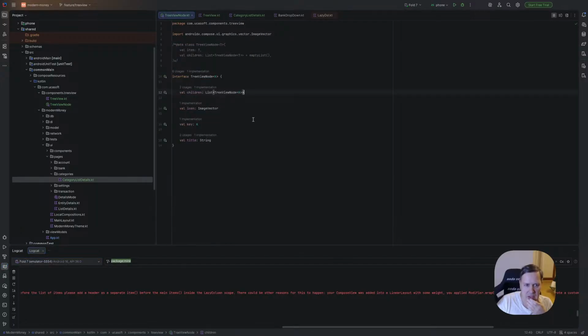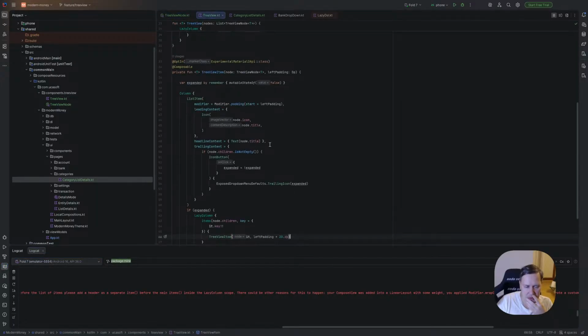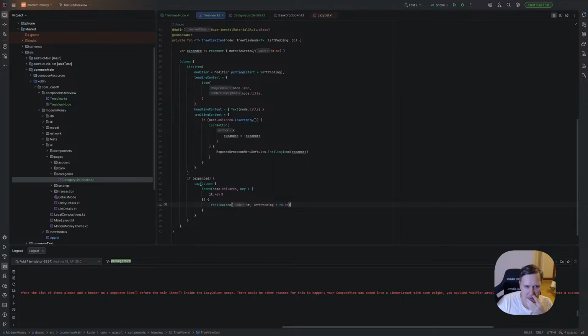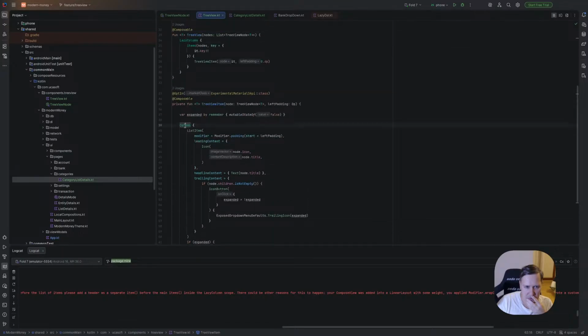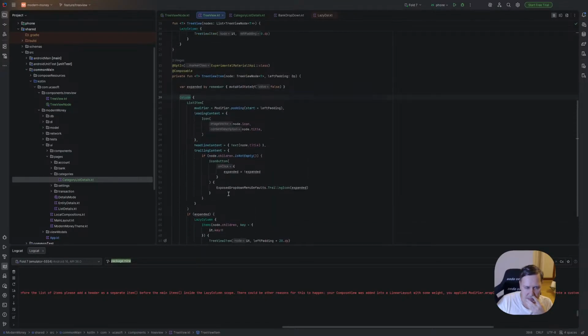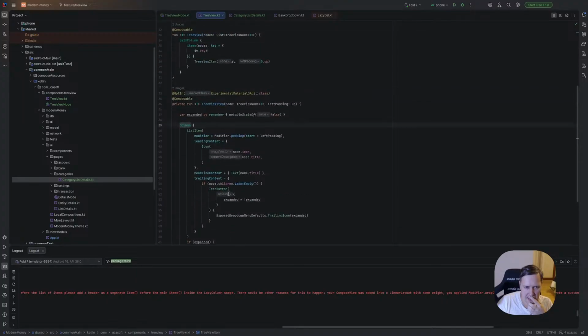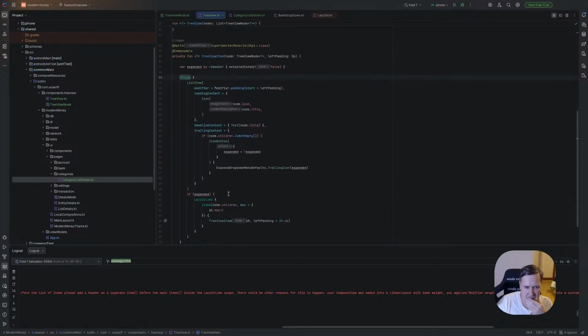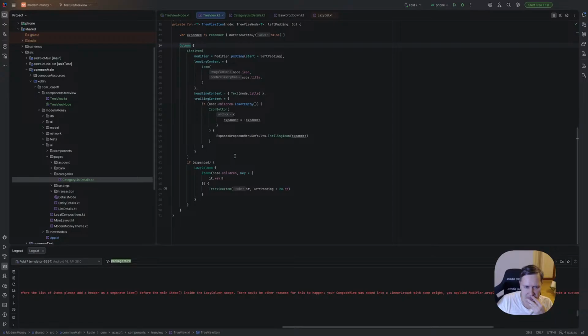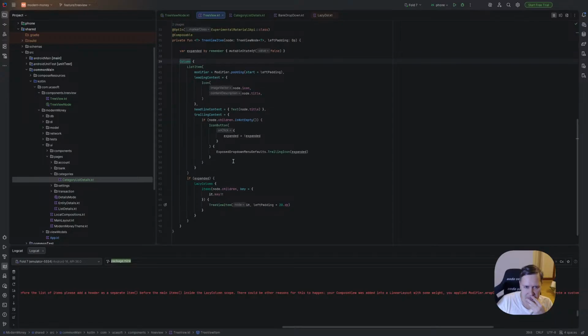So my initial idea was the correct one. So we just need to not use this column.